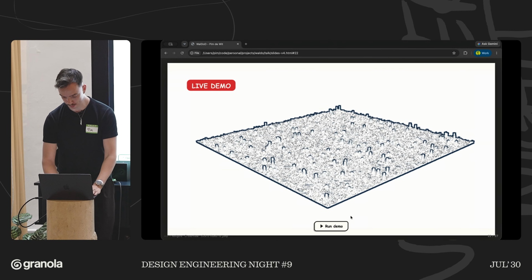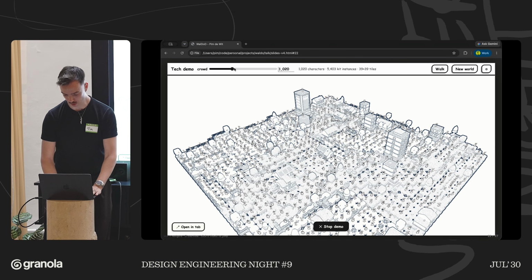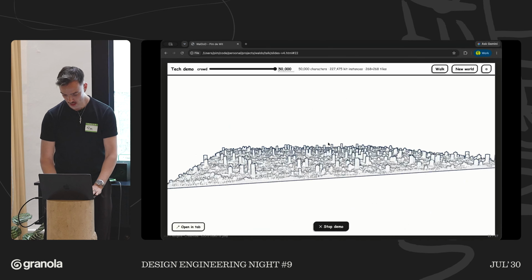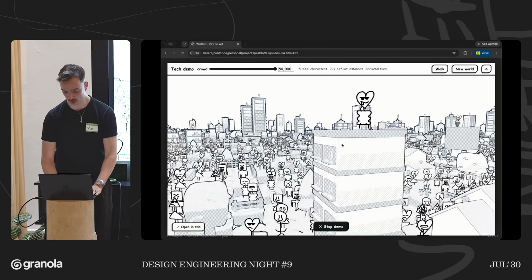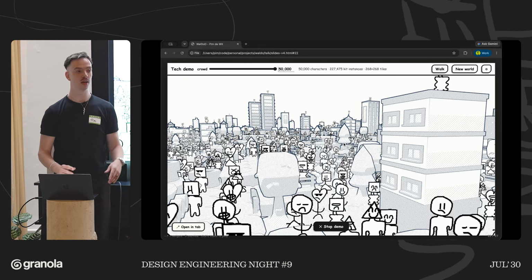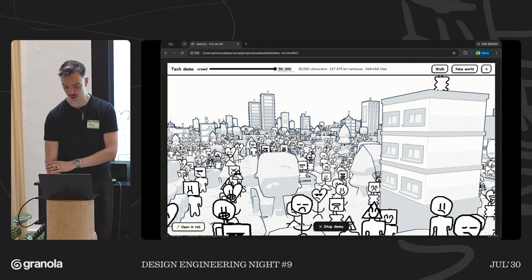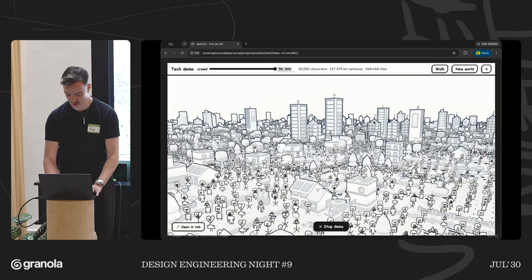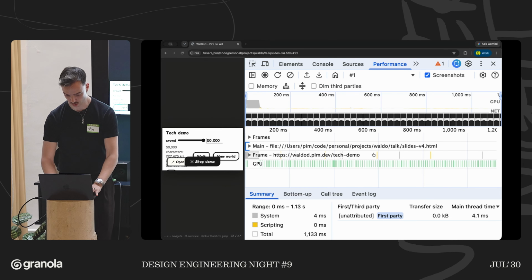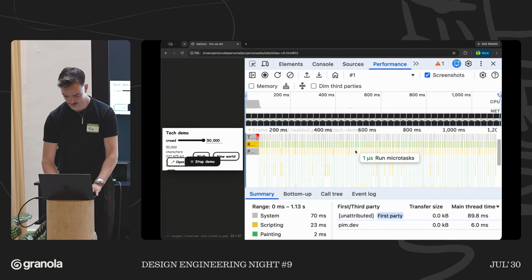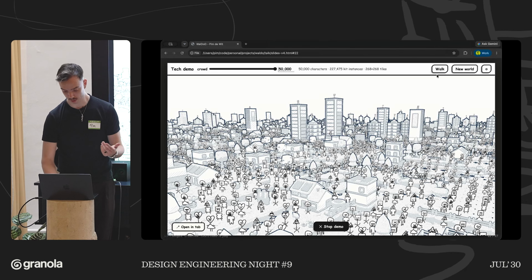So let's go back to the demo. I will have some more visual stuff to show in a second, don't worry. So we'll go back to 50K. And I've been kind of cheating a little bit, because all of this data is only prepared once at the very start, and then the data is stagnant. Nothing is animating, it is just a bunch of dudes hanging around. And just to remind you, currently this is running at roughly 0.25,